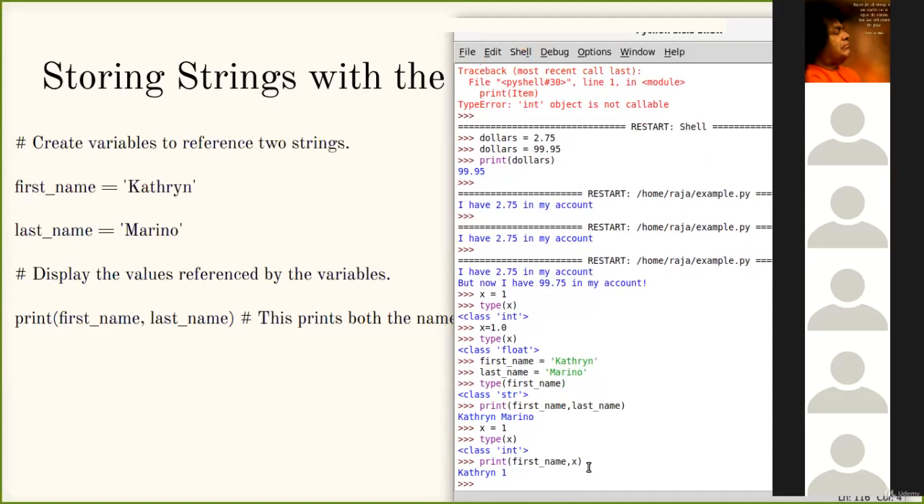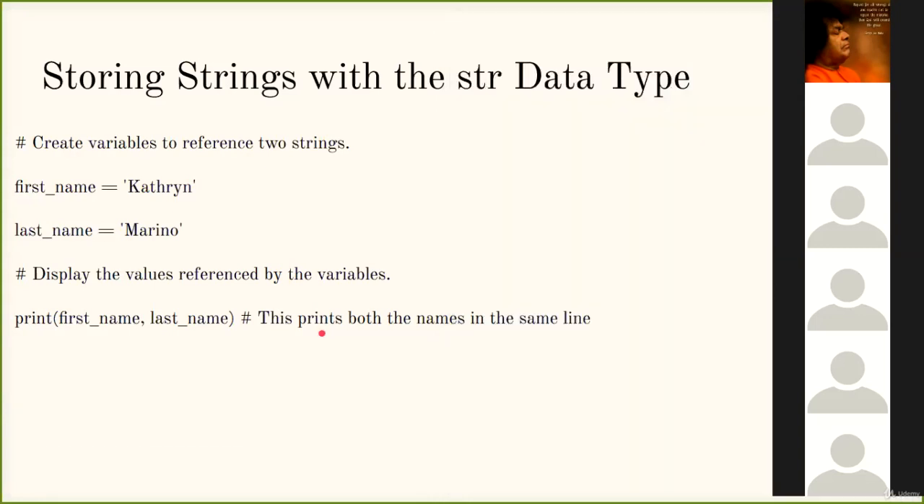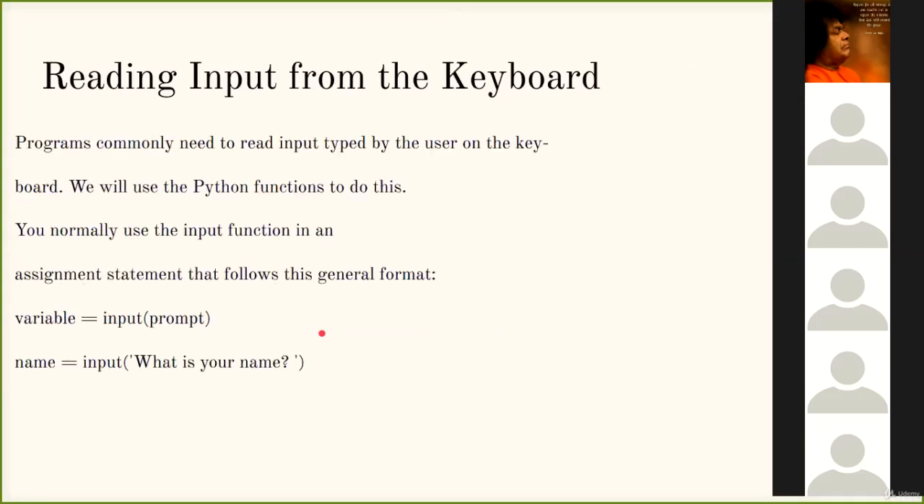As x is equal to 1 and you give x as input, what my print statement will actually do is convert this x, which is an int, to a string, and then append it to the other string Catherine, and it will print it. So next